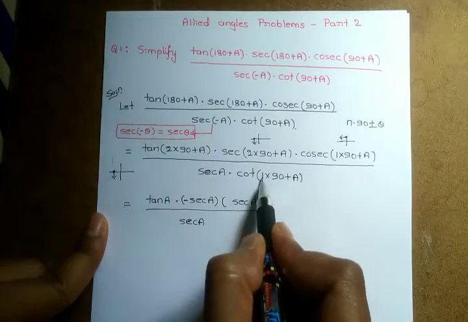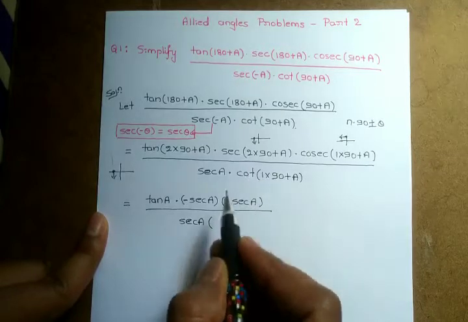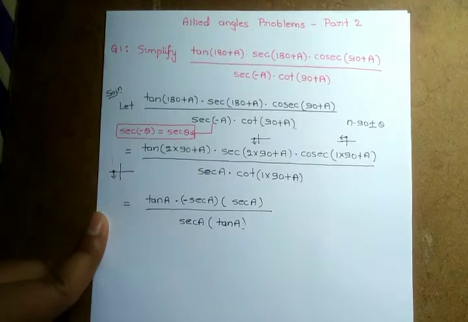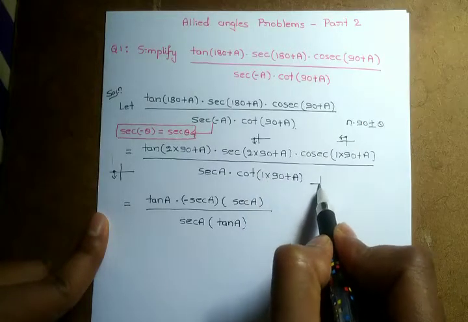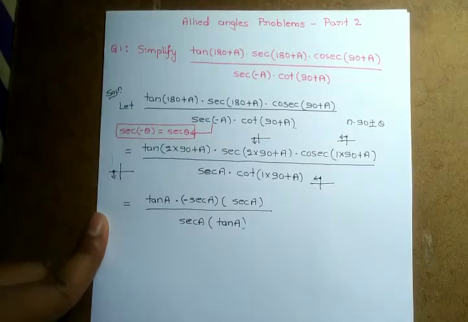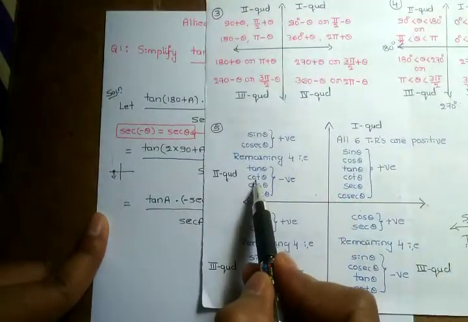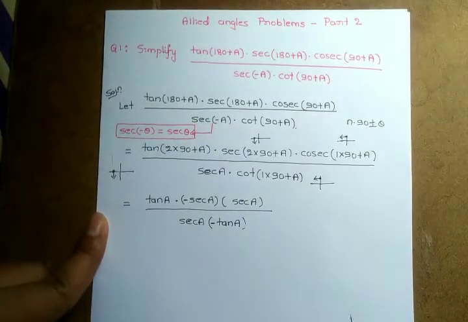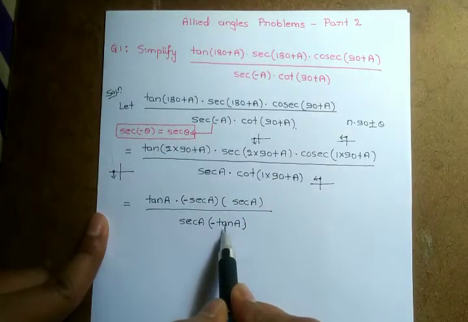Next here 1 means again an odd number. With an odd number, cot changes to tan. Again at the end a is there, so keep that a as it is. Next here 1 plus, so I draw the plus sign: 0, 1, here it will come. Plus means second quadrant. In the second quadrant cot is negative sign, so here I mention the minus sign, correct? Therefore cot of 1 into 90 plus a is minus tan a.